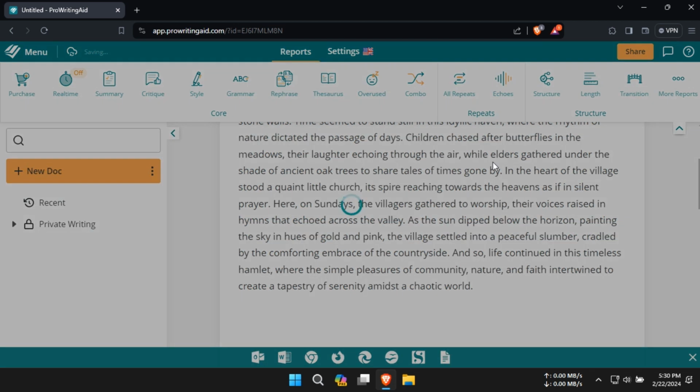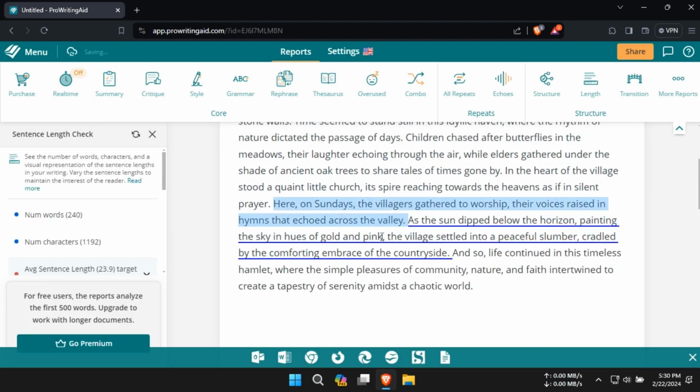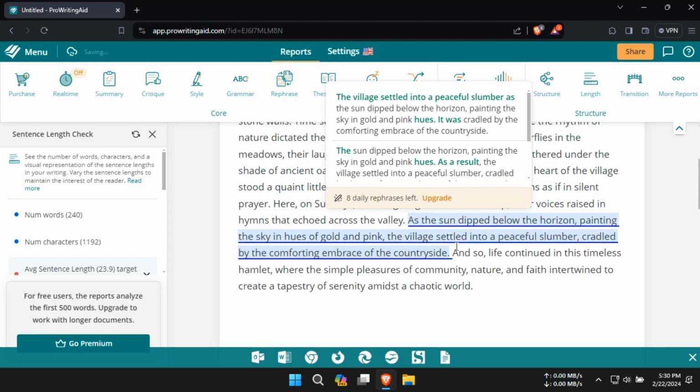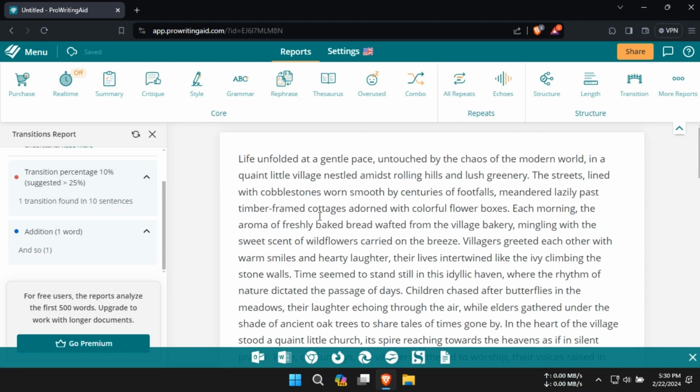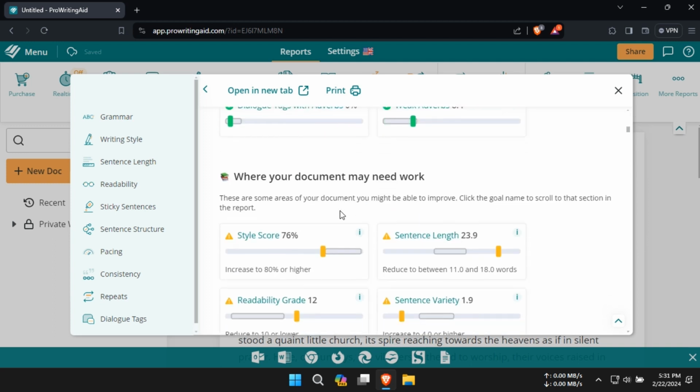If you need to shorten your text, go to the Length tab, where the AI will suggest rephrased sentences to reduce your word count. ProWritingAid also offers other features like the Transition Report, Summary Report, and Critic Report to help